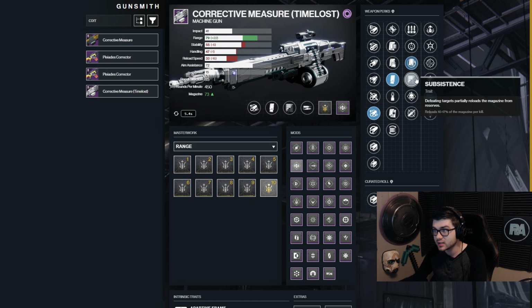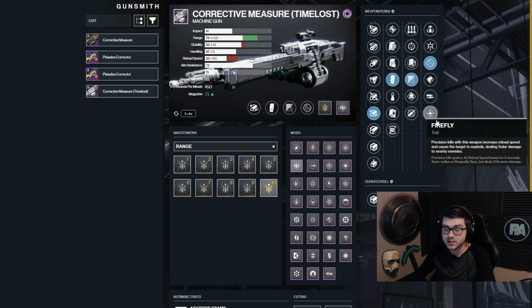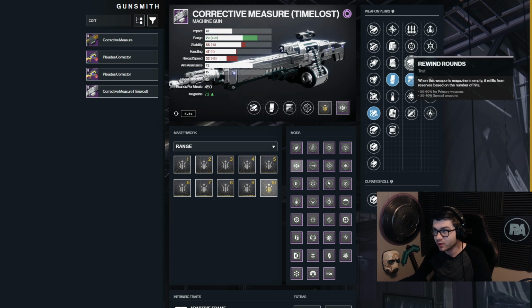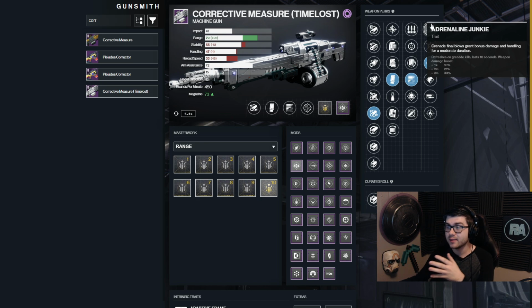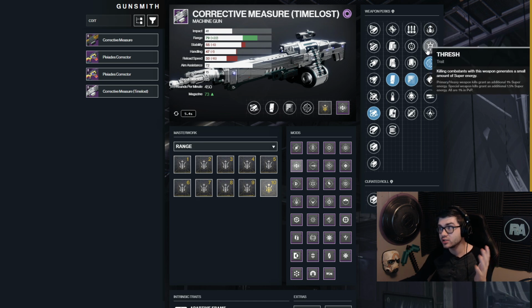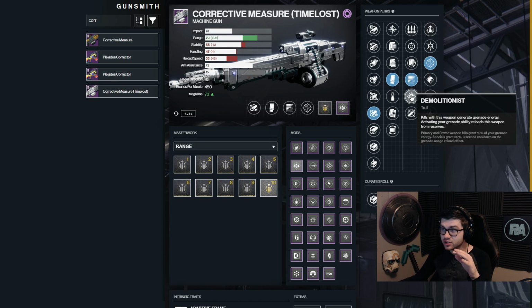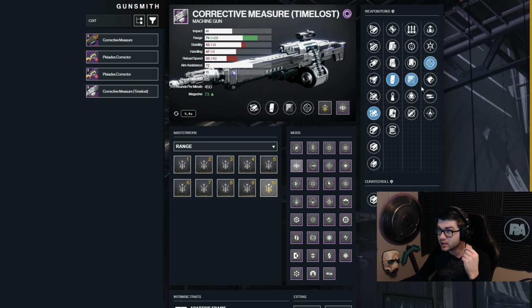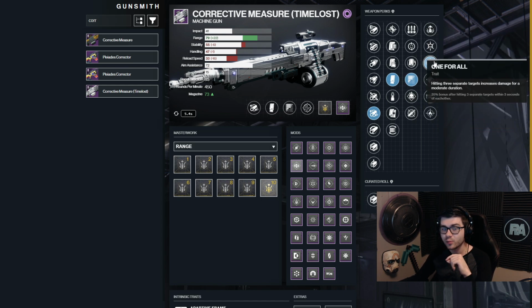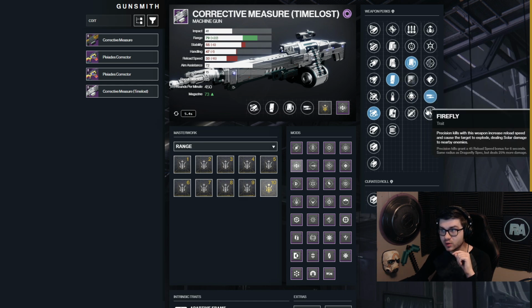Personally, I do think the subsistence one for all roll will be a little bit better than that, but if you like to create explosions, I definitely understand the appeal of Firefly and Feed and Frenzy. Even things like Thresh and Adrenaline Junkie can be good. Thresh obviously is going to give you some more super energy, which is nice. Adrenaline Junkie is very, very situational, but paired with Demolitionist, which this gun does have, it can be a little bit easier to proc it over and over again, so that could be a combination you could do. But honestly, like I said, subsistence one for all, probably your go-to for ad clear, and then rewind rounds, high impact reserves, probably your go-to for boss